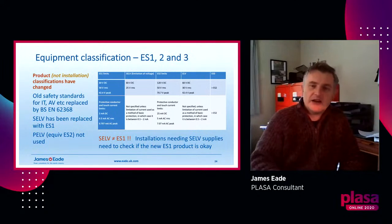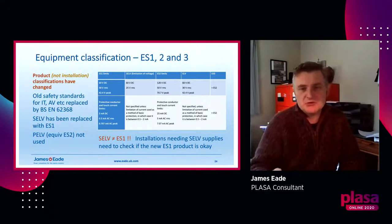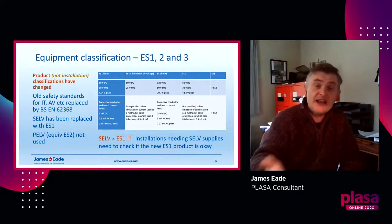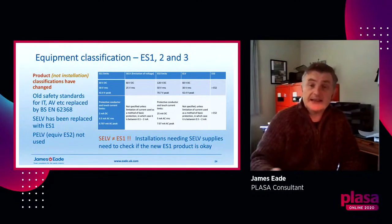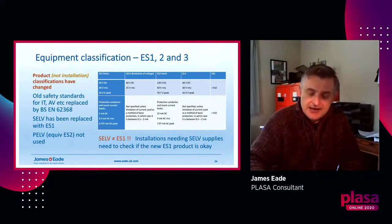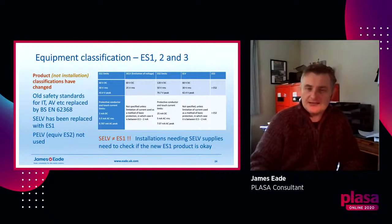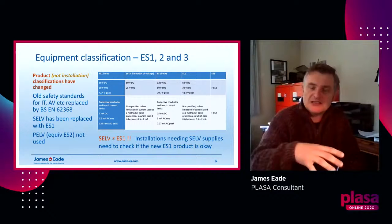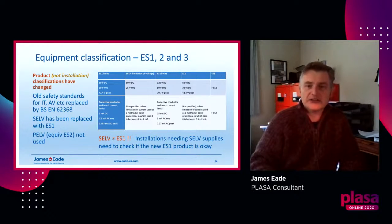Now, something that really is quite confusing is the differentiation between product standards and installations. When equipment gets manufactured, it'll be manufactured to an appropriate safety standard for that particular type of product, whether it's audio, visual, or machinery or similar. And the electrical safety classifications for products have recently changed. If you're a manufacturer, you should be aware of this, because the previous standards expire this year. So the new standards come into force